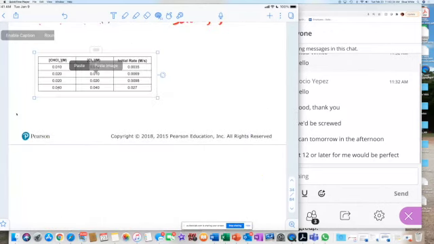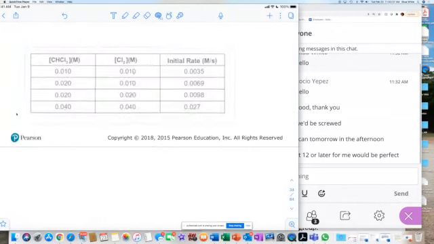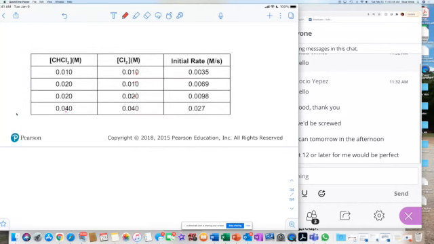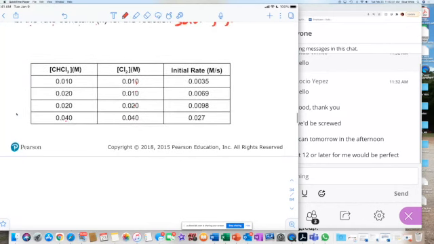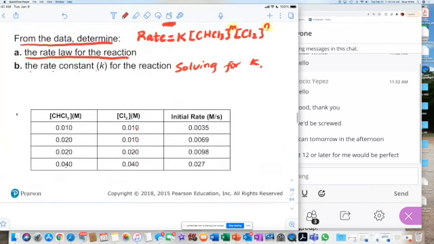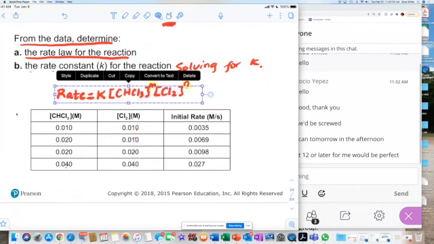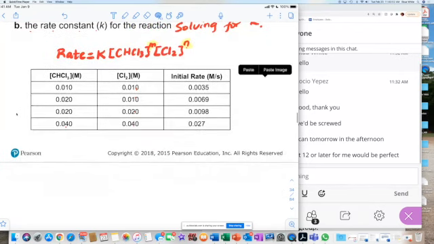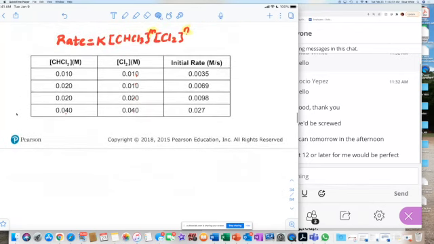Let me put this right here. So I actually need to solve for m. I'm going to write my rate law. Let me move this rate law down here because I actually need this for visual purposes. I like to write my rate law ahead of time because it visually helps me to see what I'm looking for, and it does help me to focus also. So right here, I'm going to start by solving